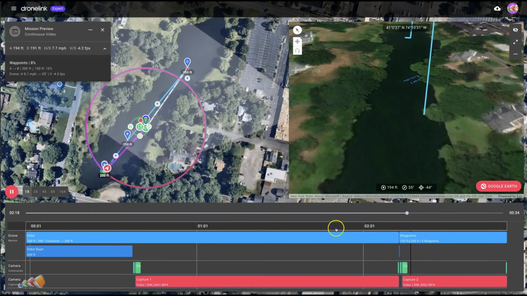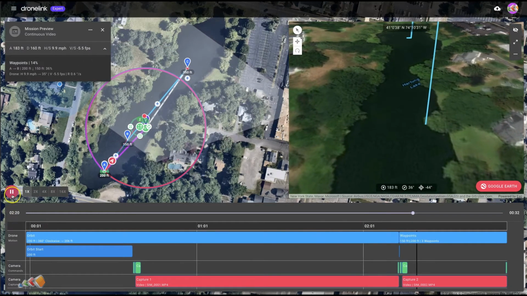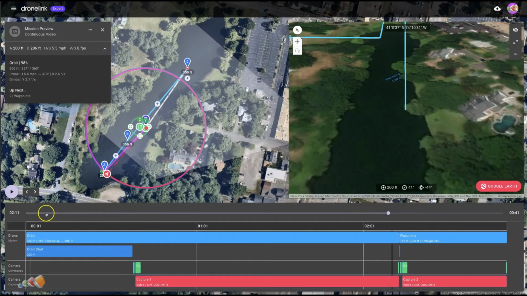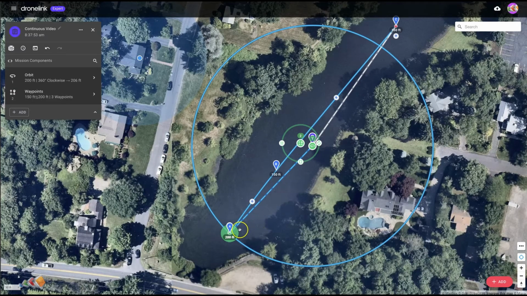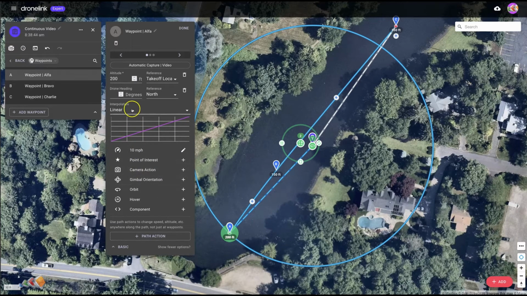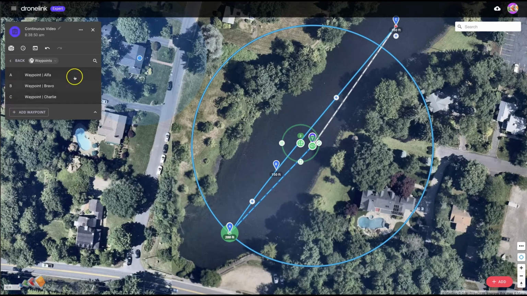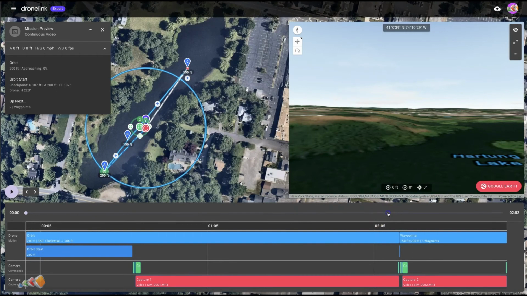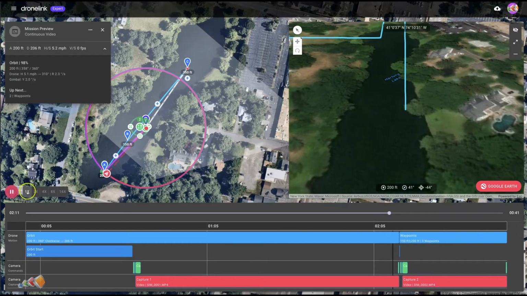Well, that's because the start of the path is going to be facing 37 degrees, and the end of the orbit was facing 44 degrees. So how can we fix that? Well, we're going to change the drone heading just on waypoint alpha. So if I go into waypoint alpha, I click on that, and I'm going to say drone heading, and I think it was 44 degrees north. Okay, and now let's run our simulation, and we'll jump over to the orbit again, and now